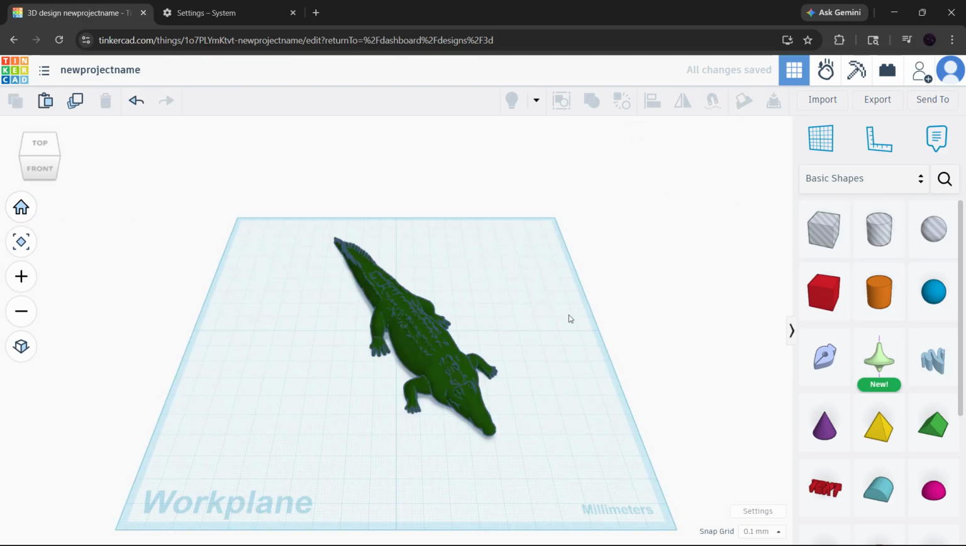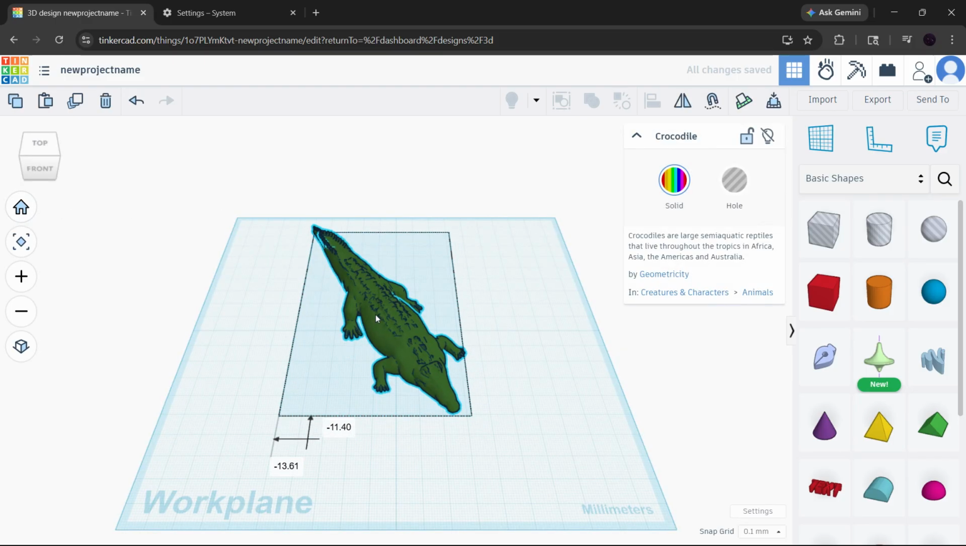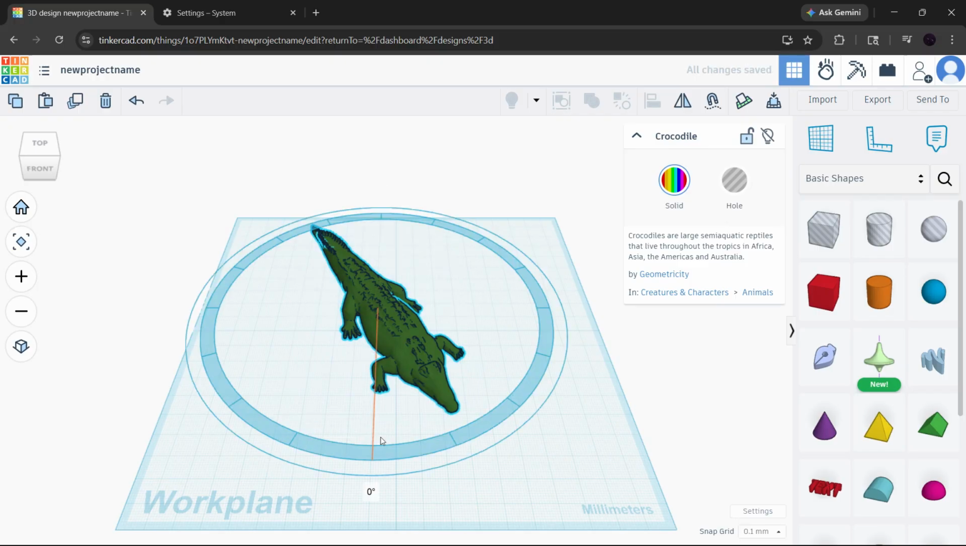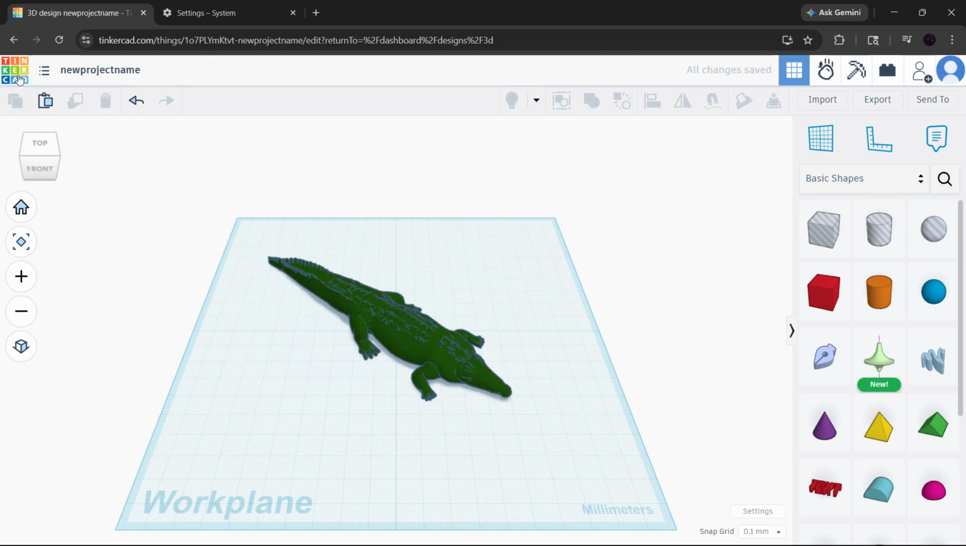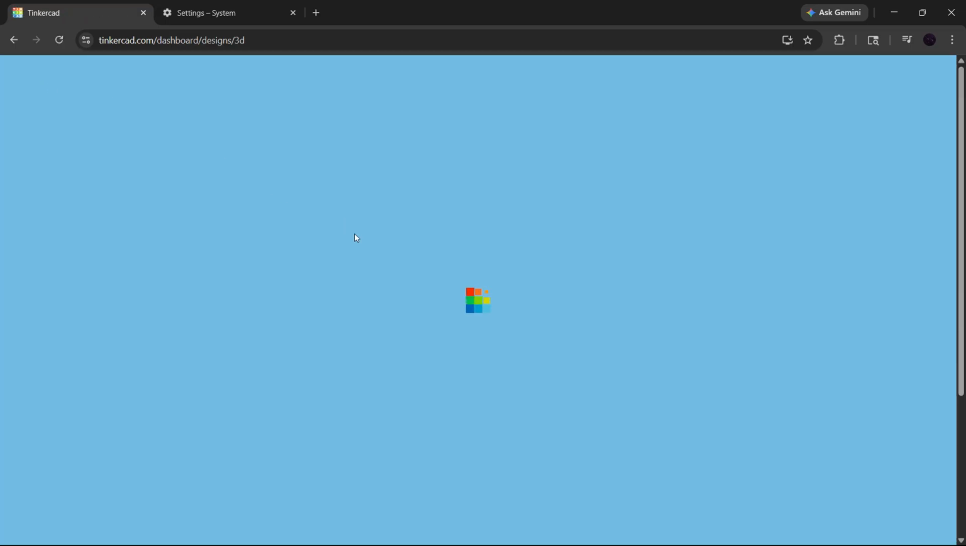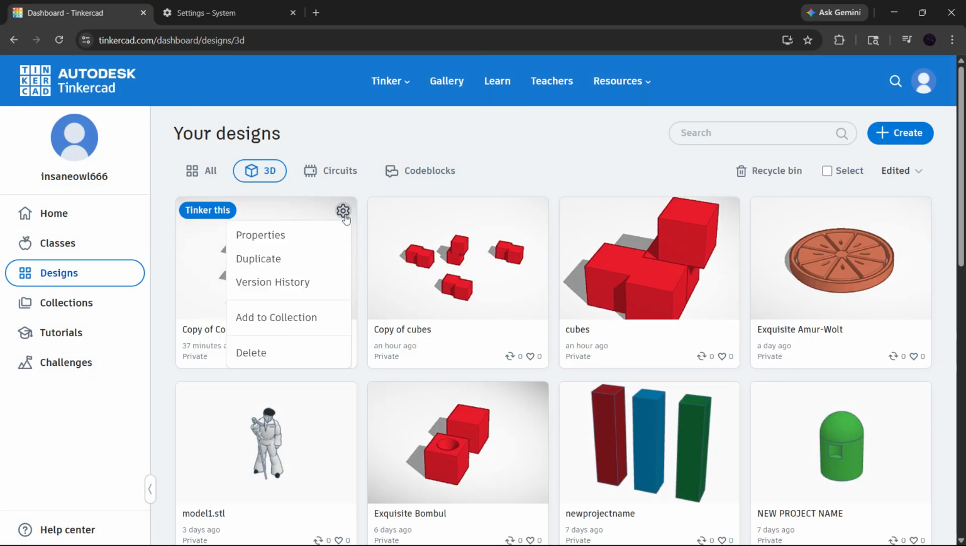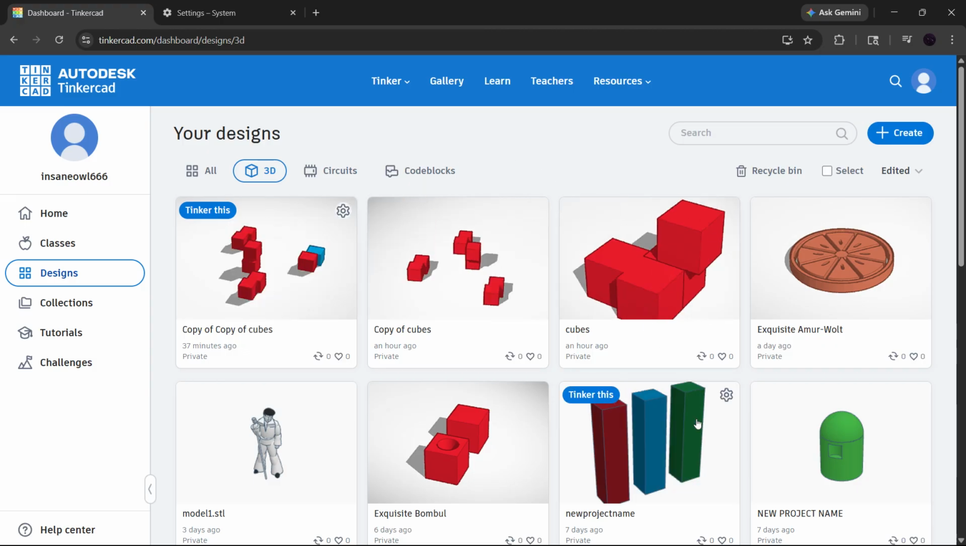If none of those fixes solve the problem, there's one last trick that often works surprisingly well. Go back to your Tinkercad dashboard, click the gear icon on the project, and choose Duplicate. Making a fresh copy of the design can reset broken behavior and clear out temporary glitches in the rotation tools. This is especially useful if the project has been edited a lot or if the browser is struggling to render